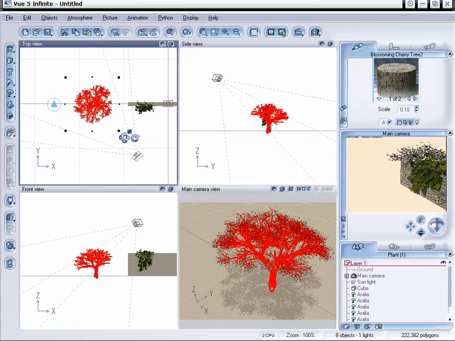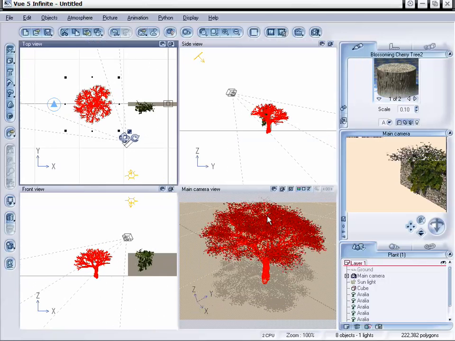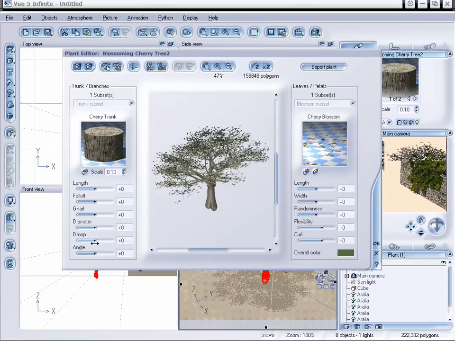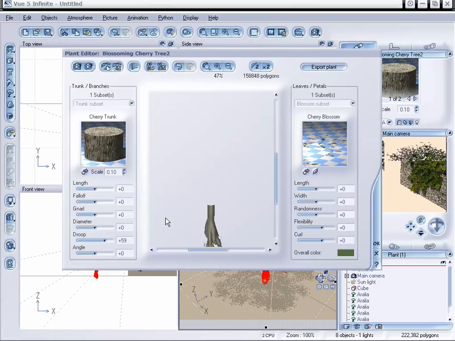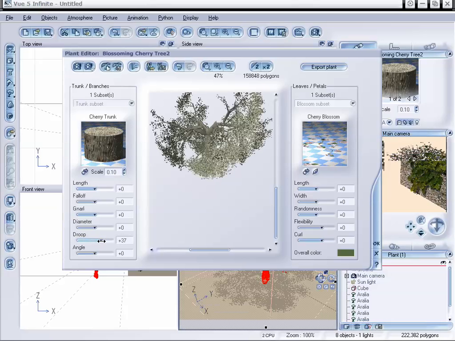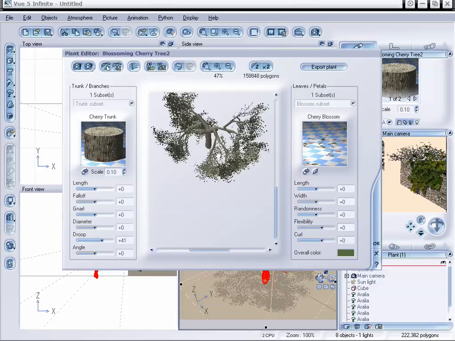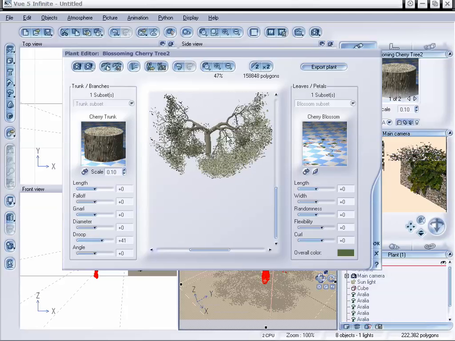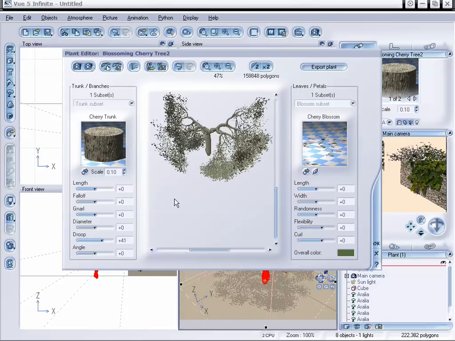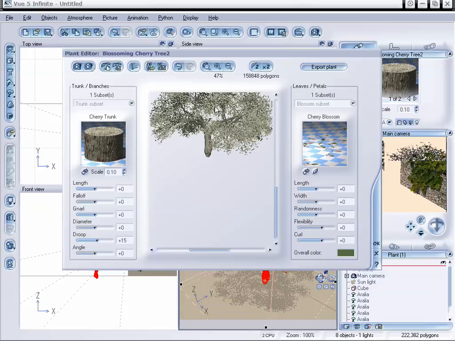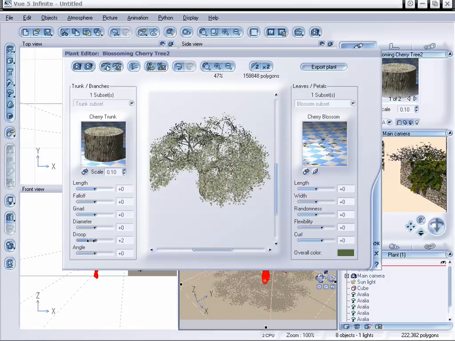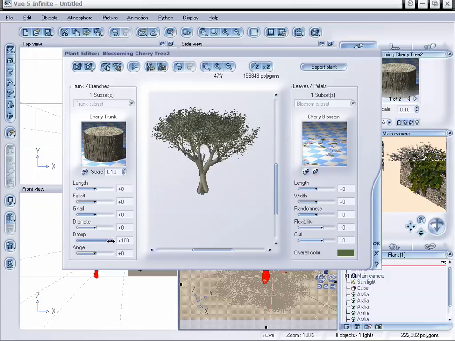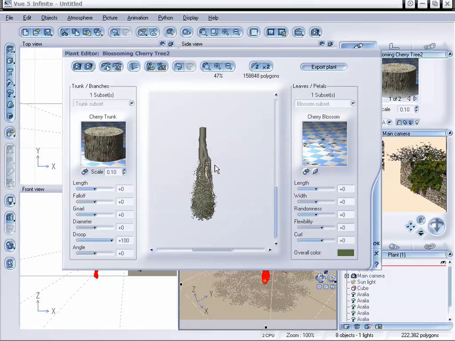So I'm just going to zoom in here and we can take a look. I'm going to double click on our tree, and now let's take a look at the droop. And kind of bring that out, and you can see there's a large jump in there. And of course we can droop our trees out, but it's not really a hanging tree, and we can't really make this into a hanging plant. So you would want to stick with a certain species, and you can see that trees will not create the effect that you're looking for, unless of course you're looking for this sort of effect,